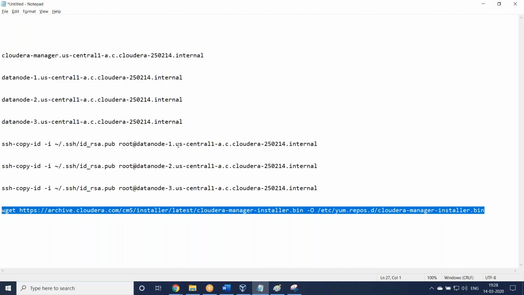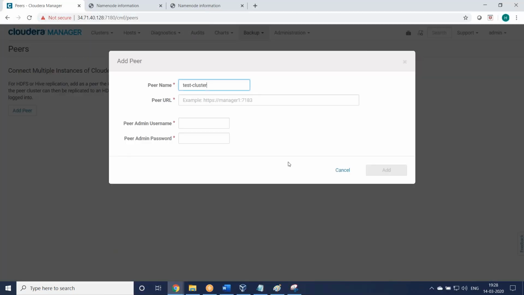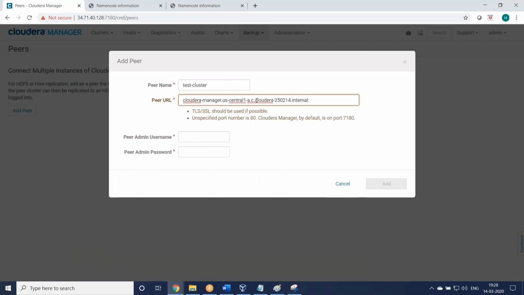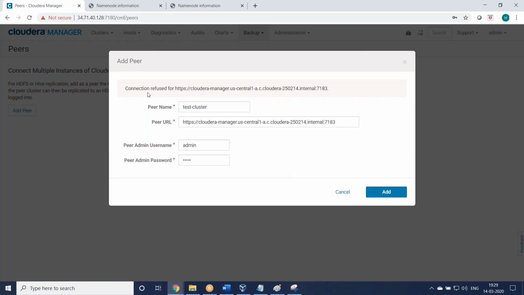The host name we have here, right? So server, 7183. We can give admin. We have just created a peer. Connection refused on the same machine, it is showing.